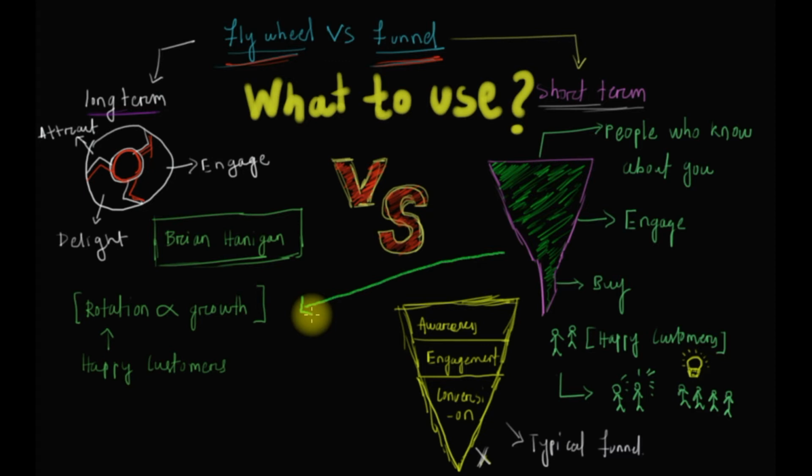All right, so if you want a successful business and you want to gain more and more customers, you want a happy customer base, and you don't want to spend much on advertisement, you want your customers to advertise your product and service, to go and talk to other people and let them know about your business, then this is the process you should be following: the flywheel model. But it depends upon the business that you are doing. If you want a business where you are just doing some inbound business, then I recommend you go for this flywheel model.